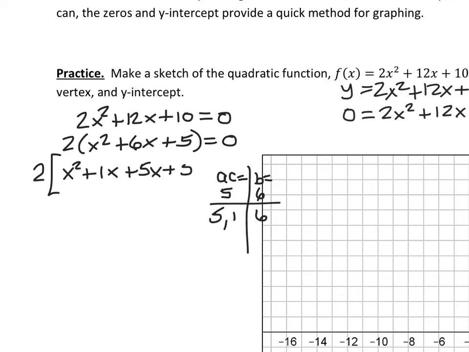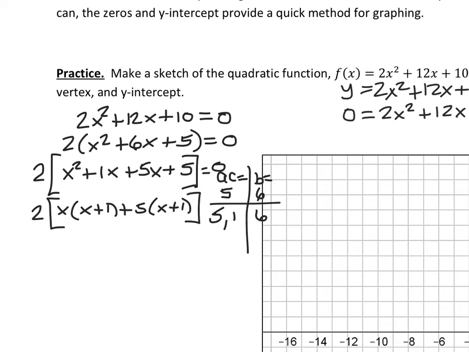I'm replacing that 6x with 1x plus 5x, and I'm going to use my factor by grouping technique. I'm going to take out an x out of the first two terms, and I'm going to take out 5 out of the next two terms. And if everything goes well with your factoring by grouping process, then you have the same factor here, x plus 1, x plus 1. And so ultimately I have 2 out front here